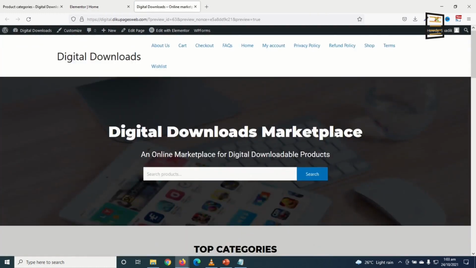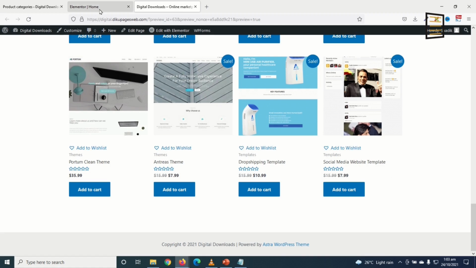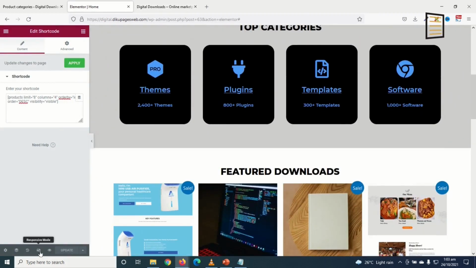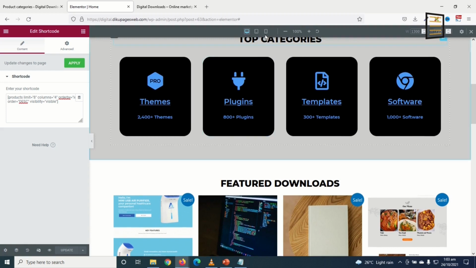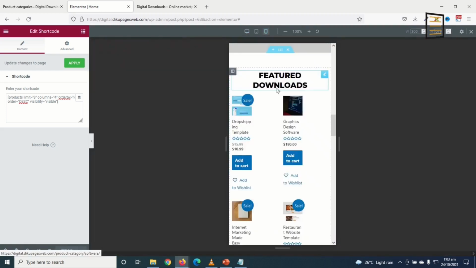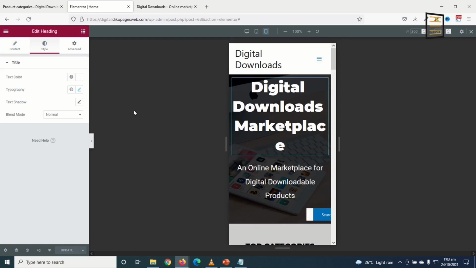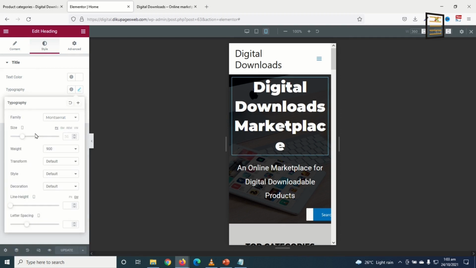Perfect. Now the next thing I'm going to do is make my website mobile and tablet friendly. So I click on responsive mode in here. First of all, I'll start with mobile. Now start from top. So this is not good. I just click on it. Now go to style, typography, I change the size,